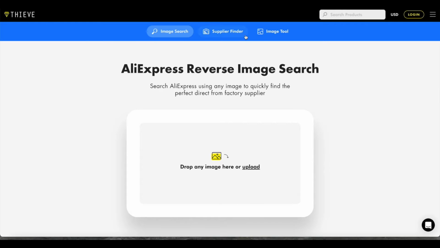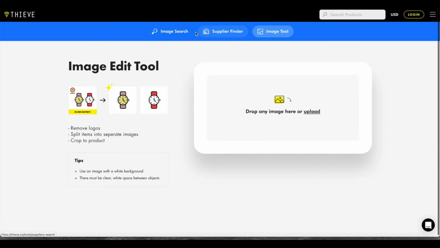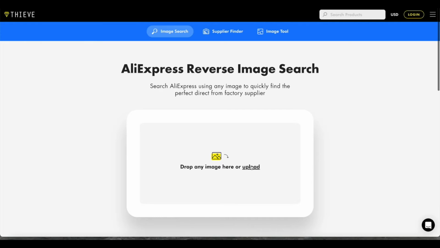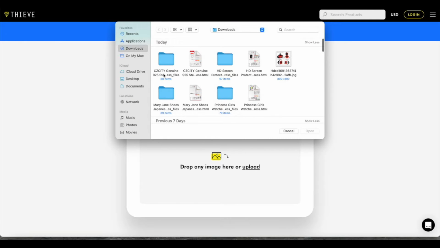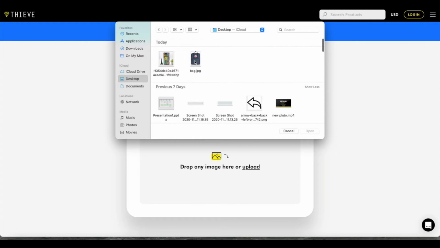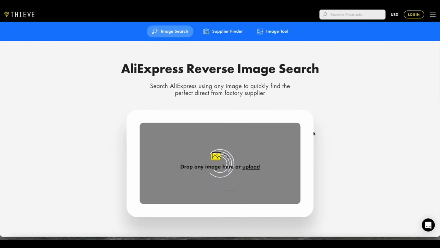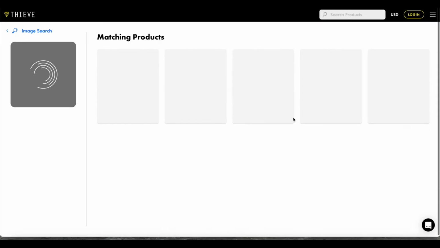So this is the first tool, and this is image search. You can search any product that you want basically, and it will give you all the Aliexpress product that is out there. So I'm just going to take this product